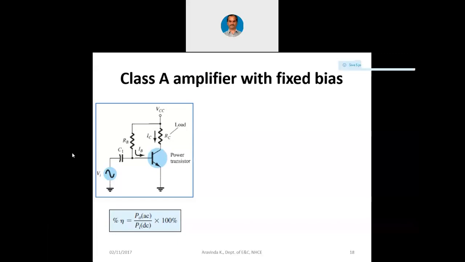Good morning. In yesterday's class, we were discussing the Class A amplifier with the fixed bias, and let us continue that today. We had seen the voltage divider bias circuit with the Class A operation in the earlier examples. Now in the present example, you don't have that emitter resistor here, and you don't have two resistors at the base. So let us see how this particular biasing arrangement is going to cause a difference in our analysis.